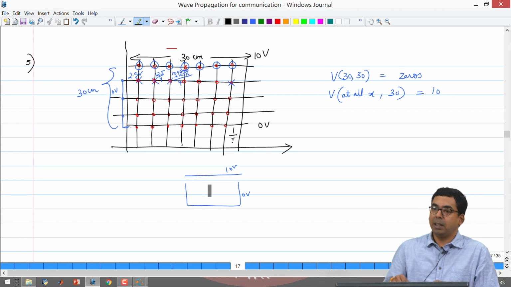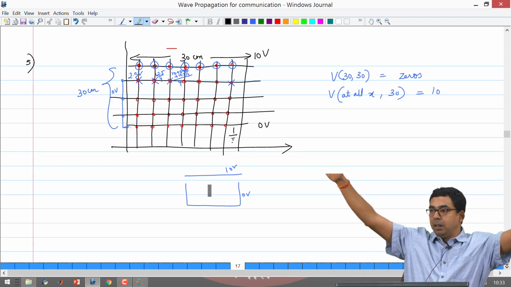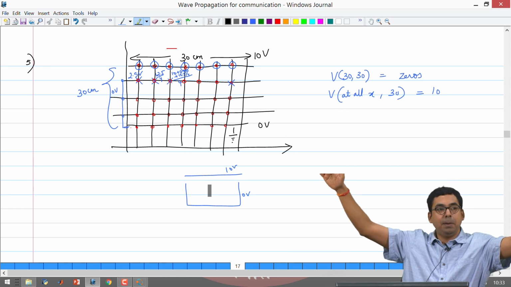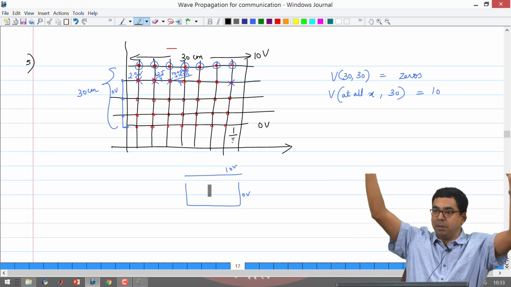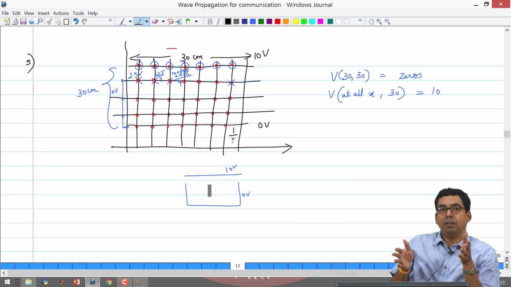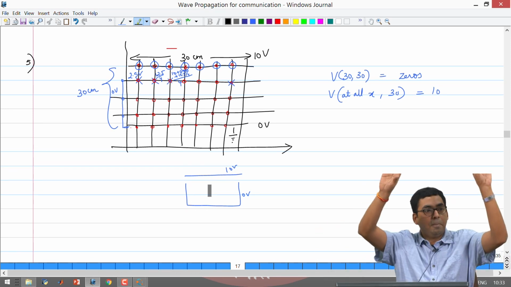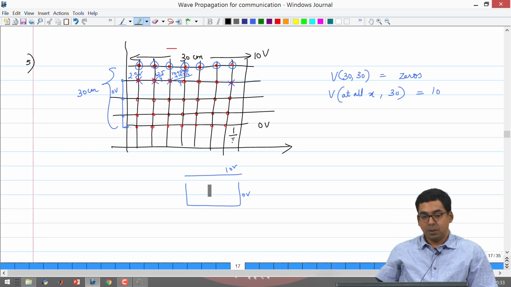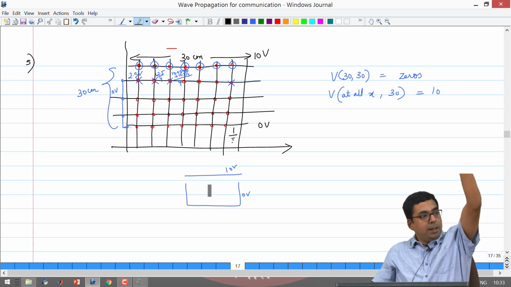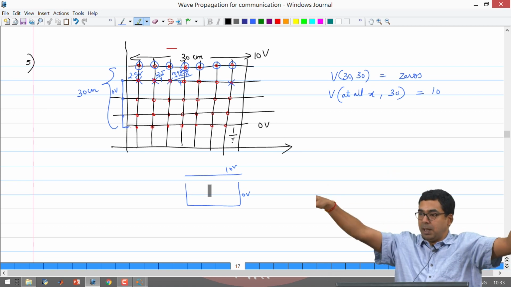Now, if we look at the calculated fields from the computer, we saw that the fields started from the top and went and terminated on the sides. In a parallel plate capacitor, you will not have the fields going to the sides, you will be having the fields going from top to bottom. Secondly, we have to assume that these capacitors are infinitely wide, so that the fields actually do not bend at all, they will go straight from top to the bottom. Okay. So, that means the fields have to emanate from the top at 90 degrees with respect to the surface, terminate only at the bottom at 90 degrees with respect to the surface. It should not curve and go to the sides.